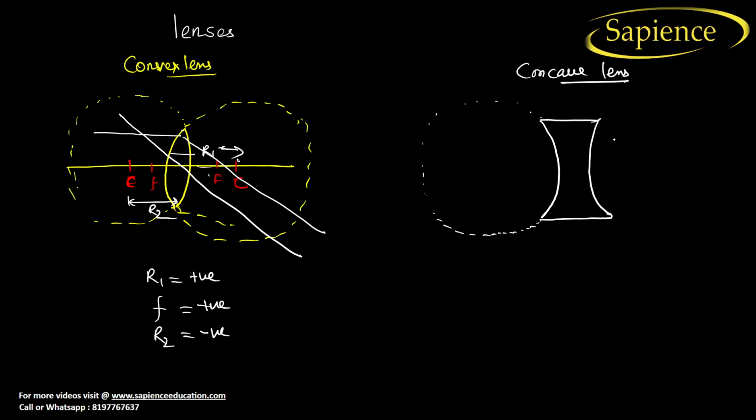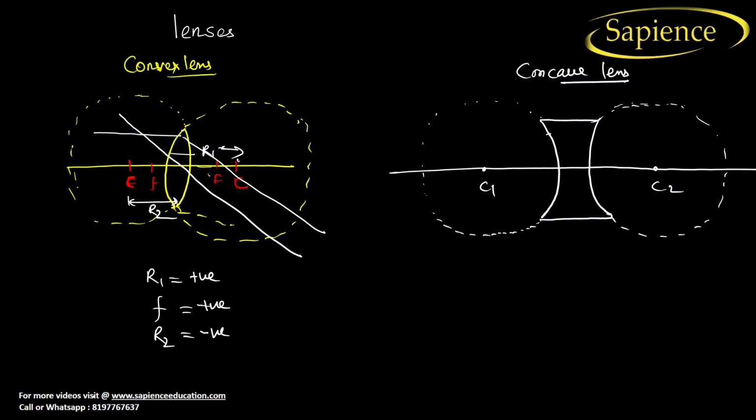These are the lenses. This is the optical center. This is the center of curvature. For this part, on this side there will be a center of curvature. So this is C1 and this is your C2. A line passing through both will be considered the principal axis. We have a focal length here,